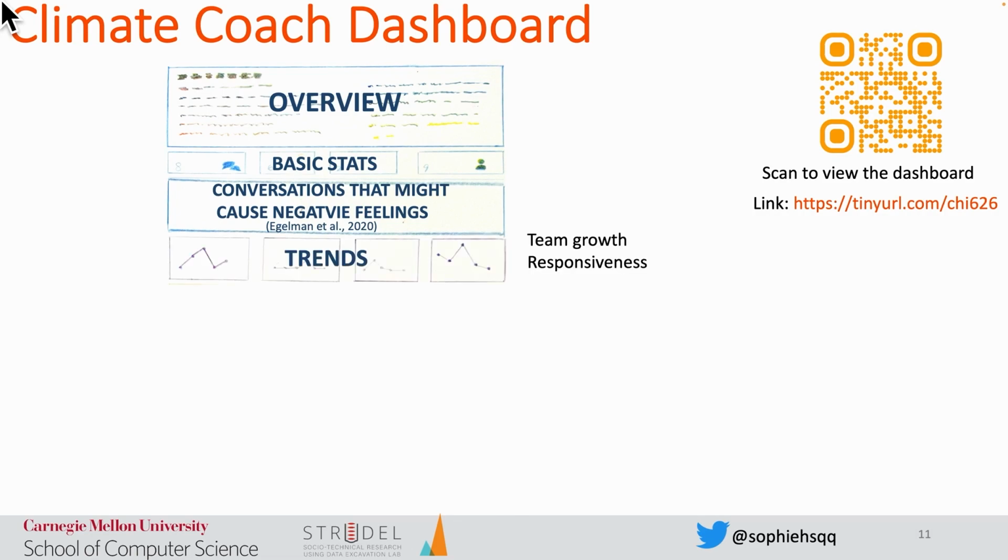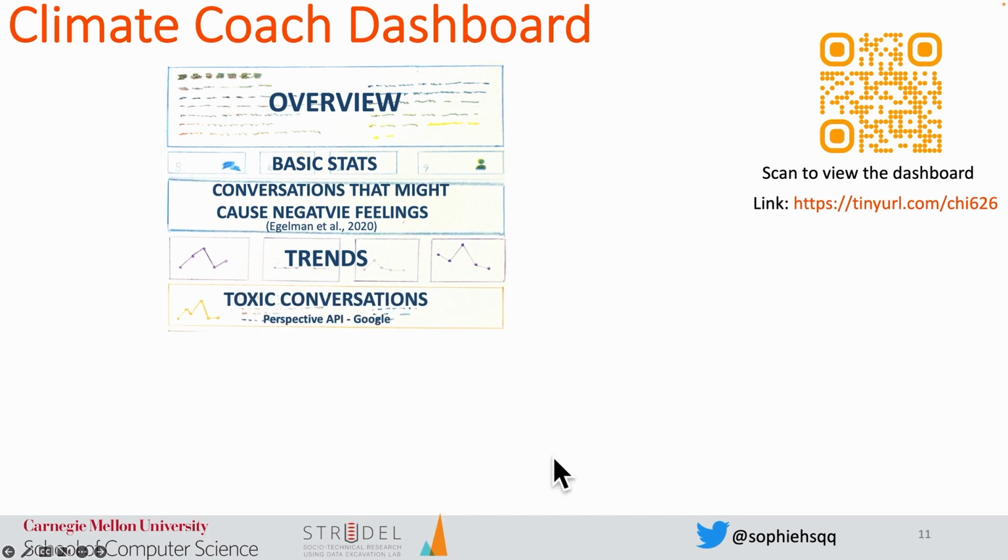Then we show some trends of the signals to show how the project has been doing in the past weeks or months. Are they getting better or worse? Then we report the level of toxicity in their conversations with the help of an NLP tool developed by Google. Next are 2 bar charts of the labels used by the project to organize their issues and code submissions.